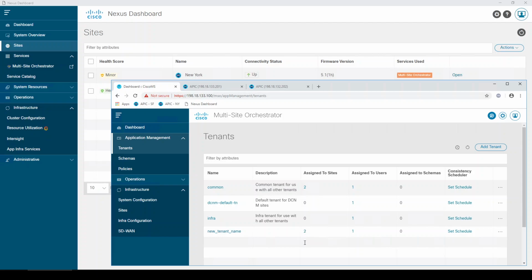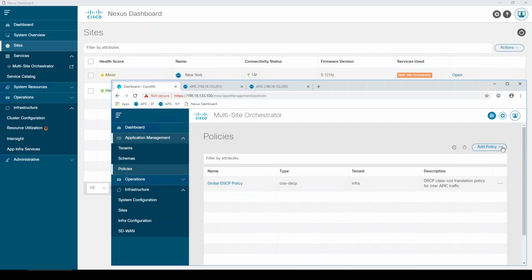When you push configurations, you can push them to all sites for that tenant, or you can just push to one site for that tenant. It really just depends on what it is you're trying to accomplish. So you add sites, then you add tenants to those sites, then you are going to go into schemas. These policies here, I actually haven't read about these policies. You can add all kinds of different policies, and my assumption is that these can then be assigned to, it looks like, a specific tenant. And then because the tenants are assigned to the sites, these policies would apply to one or multiple sites, depending on where that tenant is distributed. Okay,